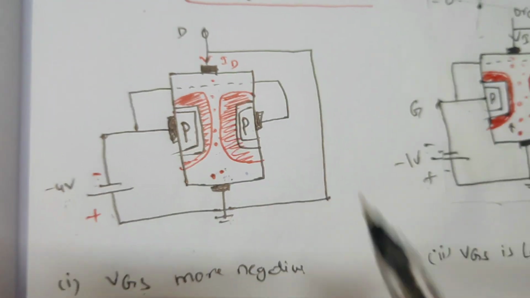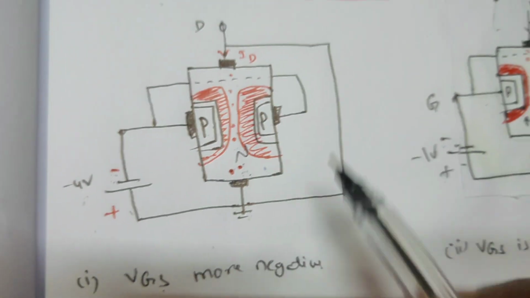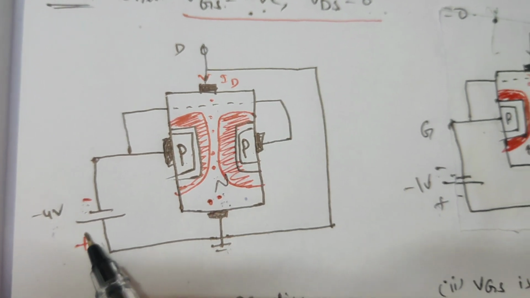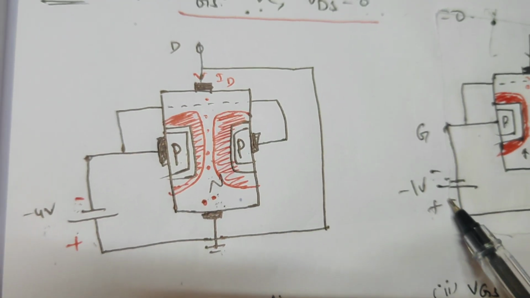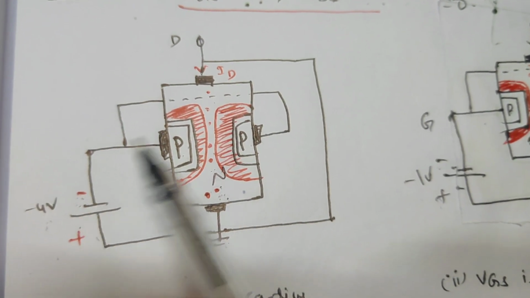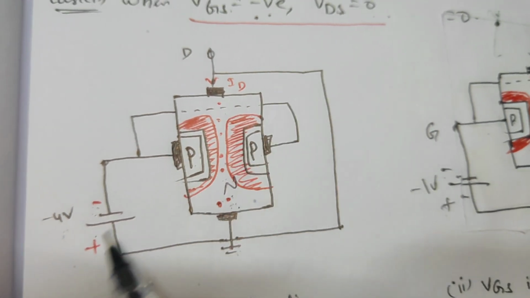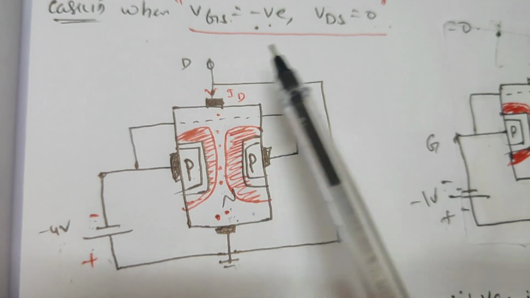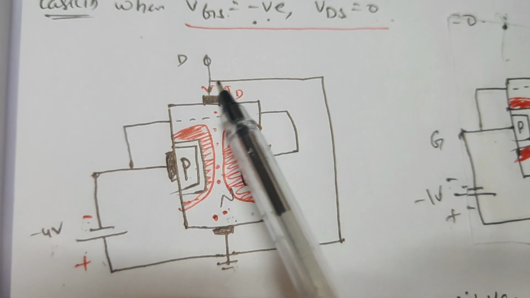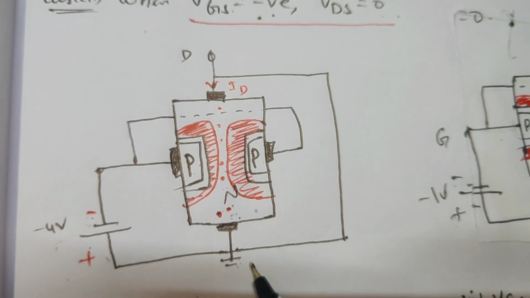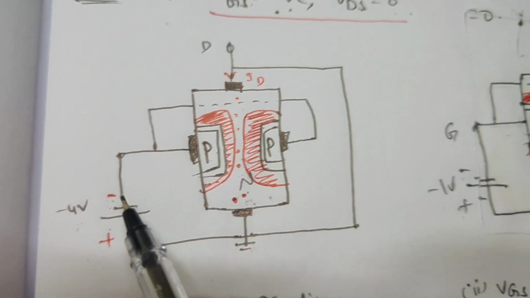Again, I am taking the gate to source voltage as a more negative value and a less negative value. When the gate to source voltage is more negative, the negative terminal of the battery is connected to the P side and the positive terminal is connected to the N side, the source side. Similarly, VDS is 0, which means we are simply shorting the drain and source terminals, which is connected to ground. Coming to its operation,